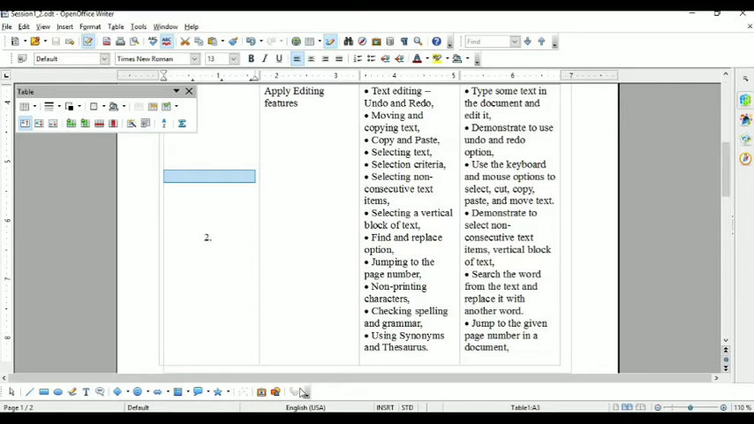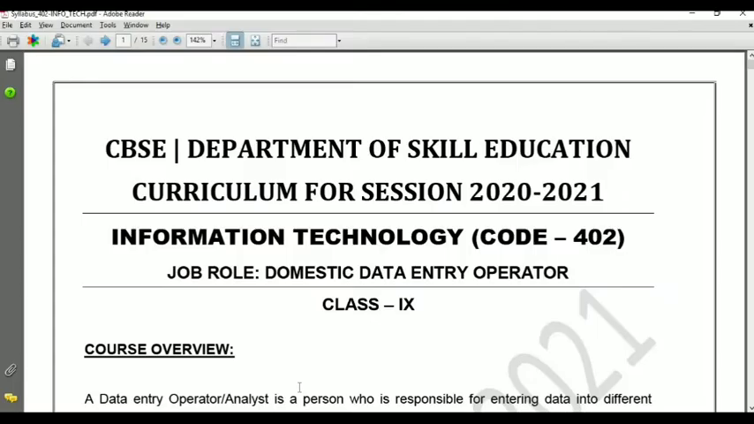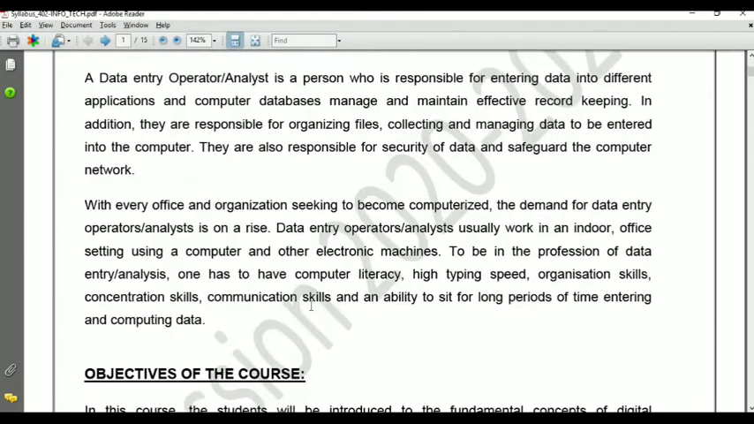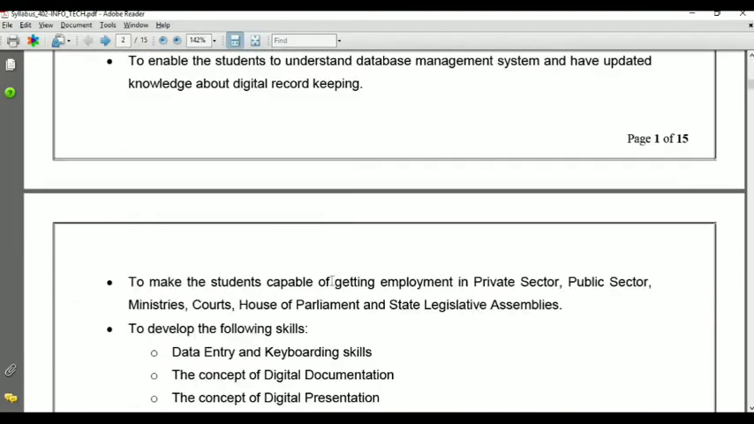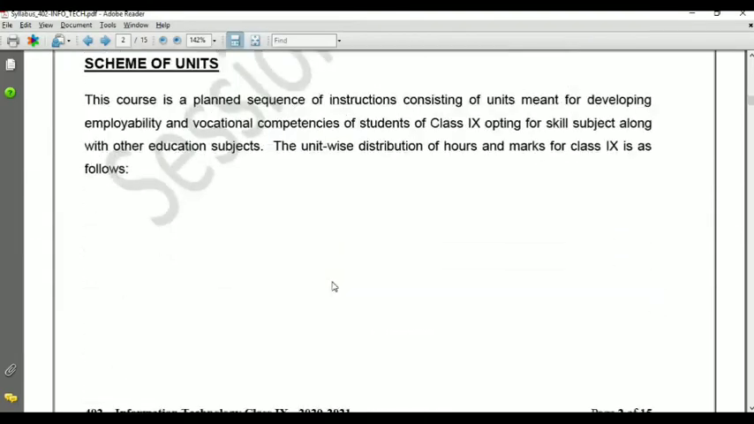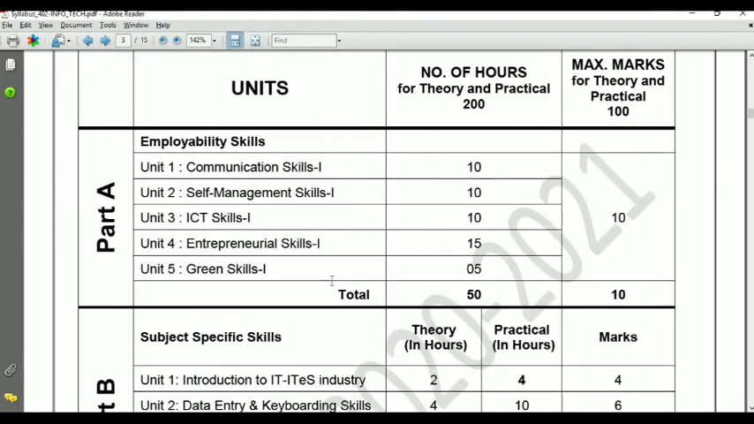CBSE has given the syllabus. See this: CBSE Department of Skill Education curriculum for session 2020-21, Information Technology code 402 for class 9th. Here, the book or your syllabus is divided into two parts. See here, part A and part B. Part A has 5